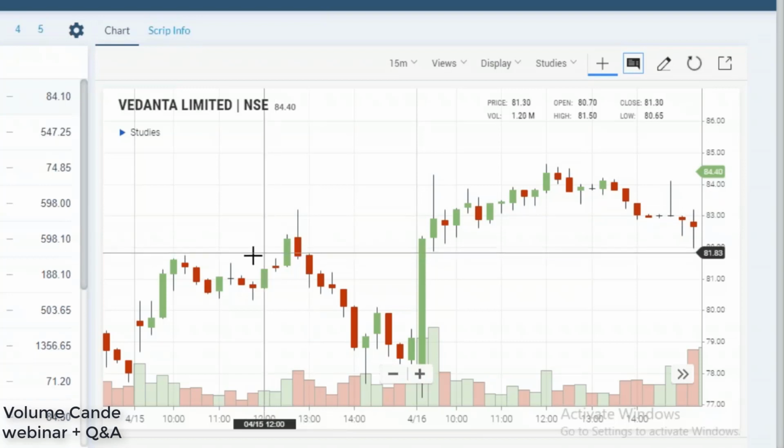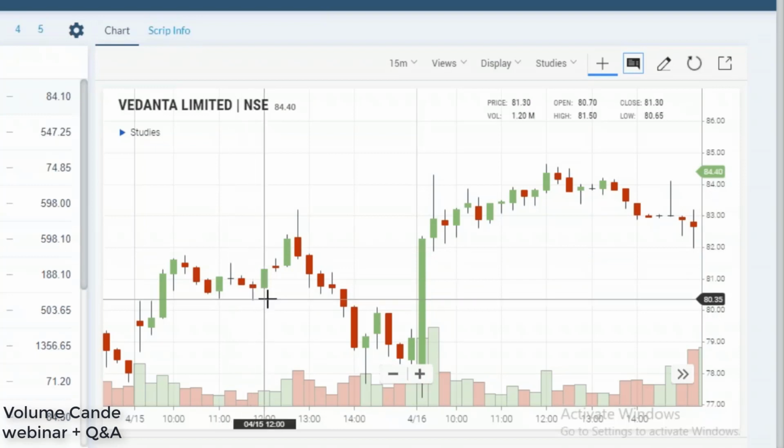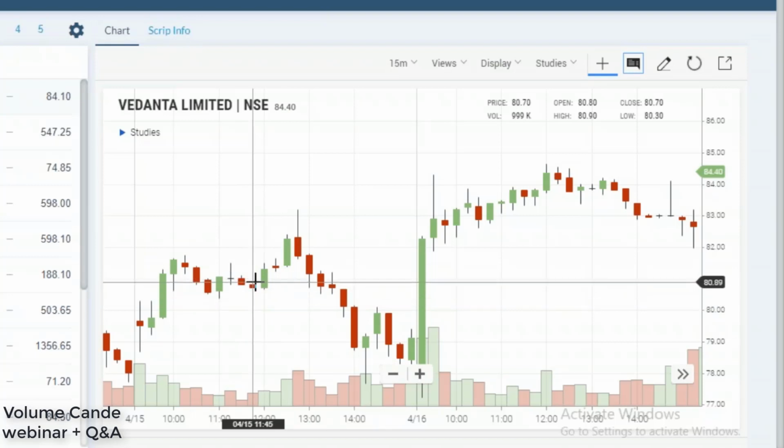Suppose if it is a buy, we can see there is a pin here. It started moving down and moving down, and we are getting a buy. In this candle we got a downward wick. So we have to take a long on the high break of this candle. Okay, crude. I will show you in the crude oil also.